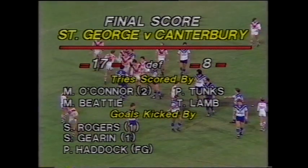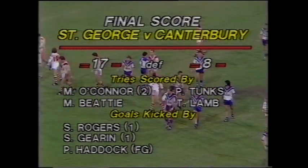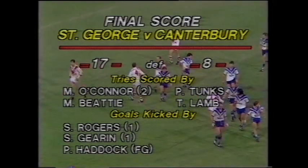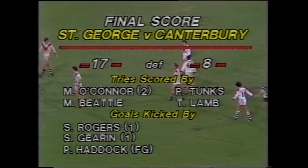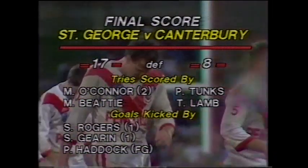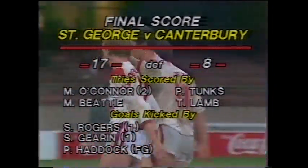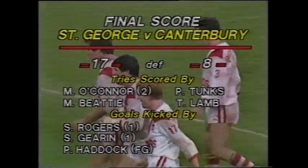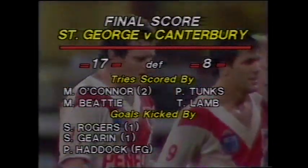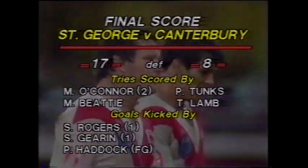St George defeating Canterbury 17-8, picking up where they left off in their trial win over Canterbury a few weeks back. Mike O'Connor 2 tries, Mike Beattie the other. Rogers kicked 1 before he left at half-time. Gearan kicked 1. Perry Haddock a drop goal. And for Canterbury, Tunks and Lamb both scored tries. So, the Dragons